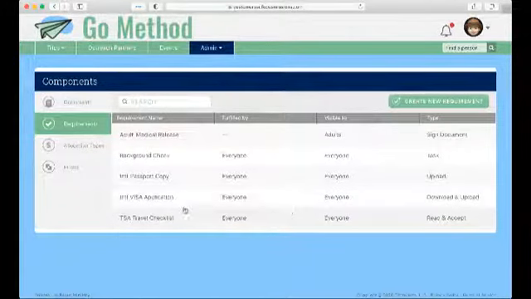Download upload, maybe they need to fill out a visa application, so they need to download the particular visa in a PDF format, for example, and then they need to sign it, scan it, and then upload it back. And then the last one is read and accept. Maybe you want them to check out the TSA travel checklist, providing them a link to the website. So whenever they read that, they say, I have read this and I accept. So these are really quick ways to give your participants requirements